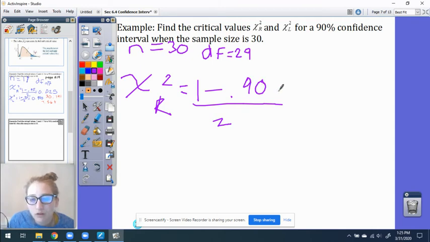Whoop, all right, and if we do that, we will get 0.05. And then we're going to do the same thing, but we're going to